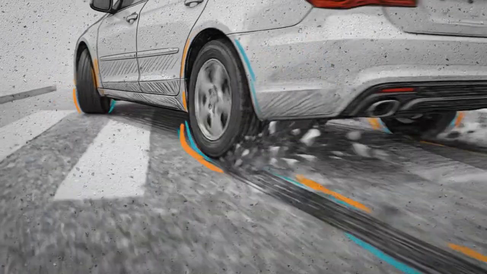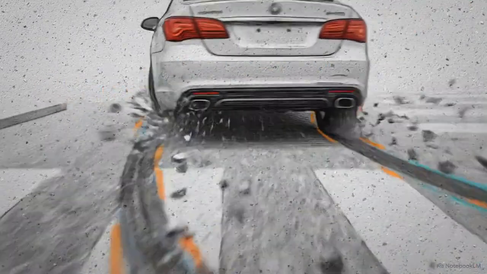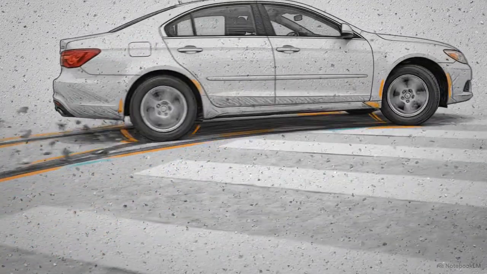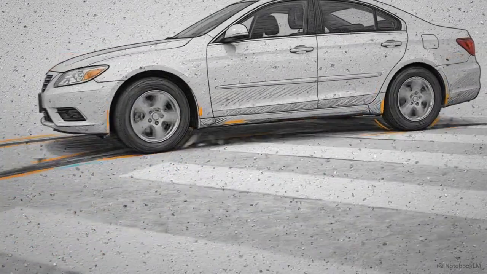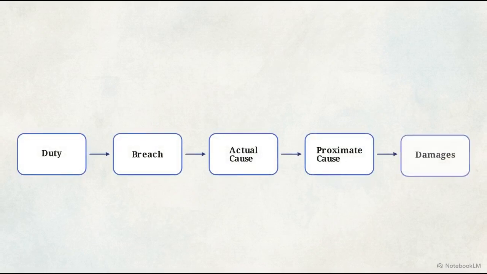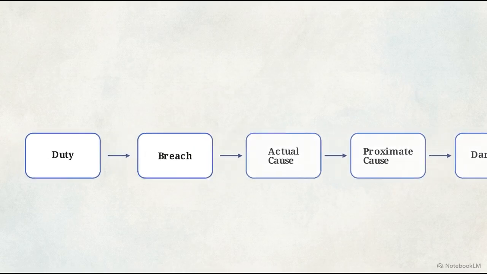When two vehicles collide in a busy intersection, the physical wreckage is obvious. But in a courtroom, assigning legal blame is a much messier process. To win a standard negligence lawsuit, a plaintiff must prove 5 distinct elements: duty, breach, actual cause, proximate cause, and